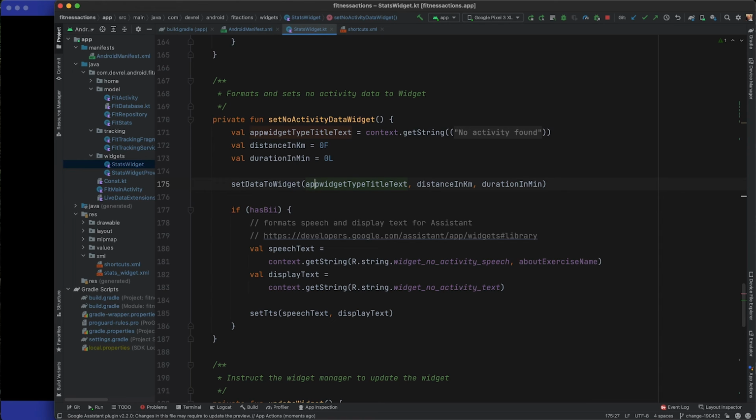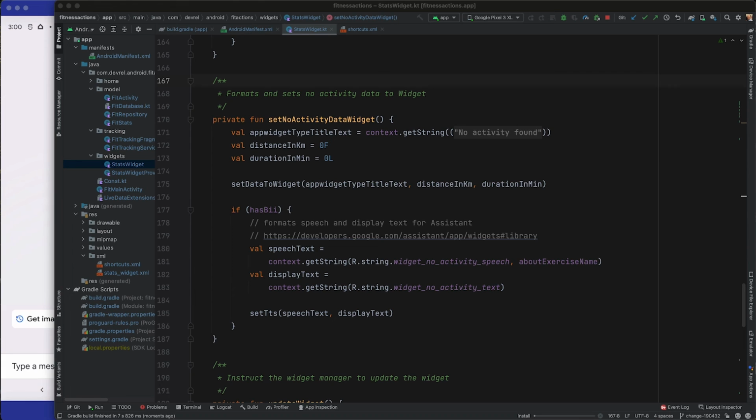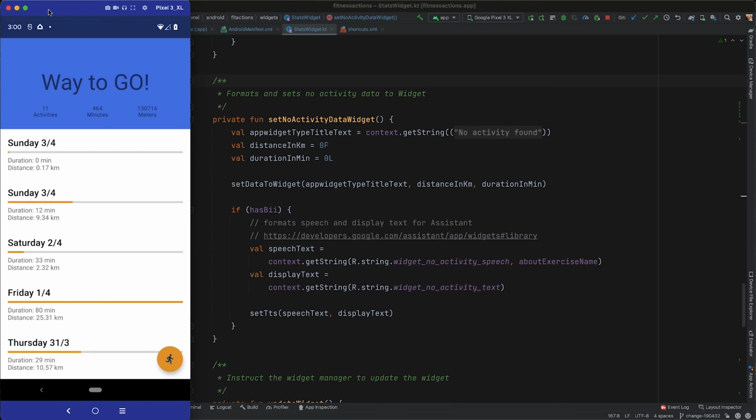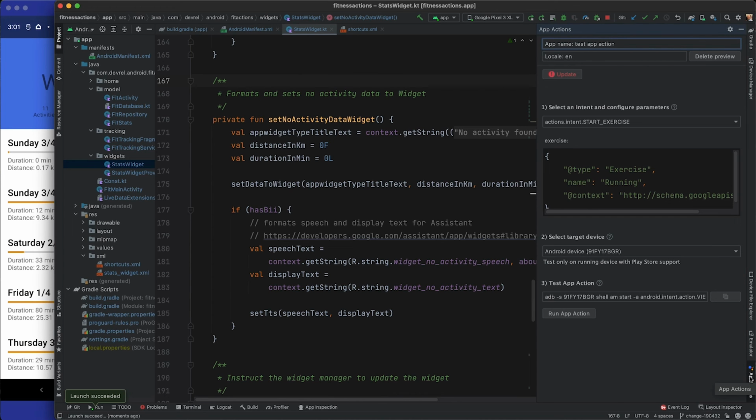Now we're actually done with our code modification, and it's time to get our code to work. We therefore click again on the Run App button to build the app and run it on our device. We can see that the app is working. As expected, the landing screen hasn't changed. We will see the impact of our code modification once we trigger App Actions.